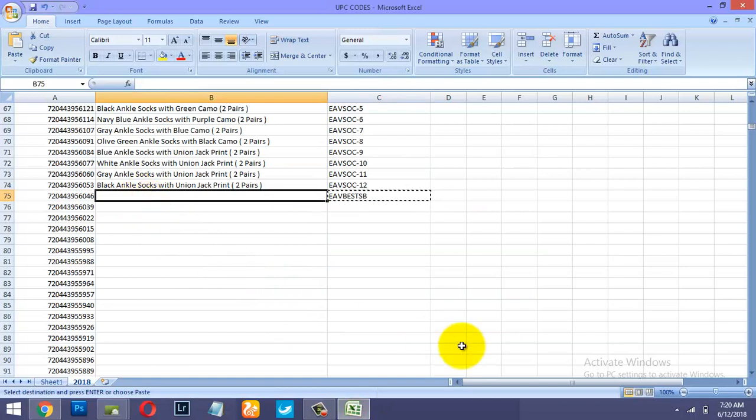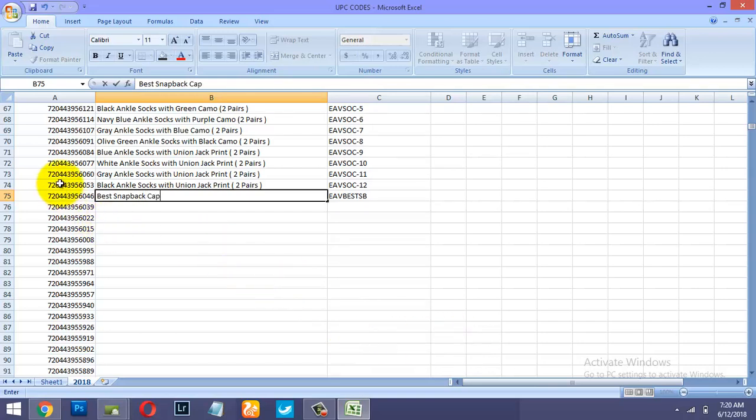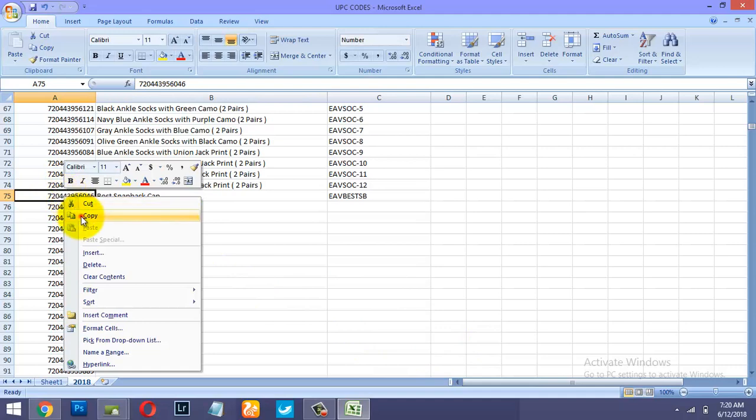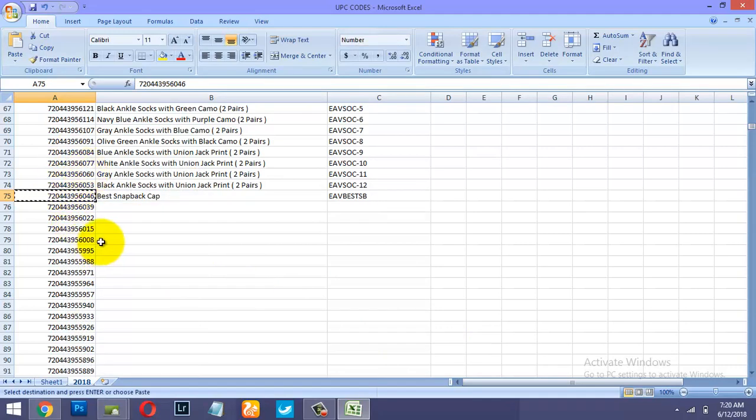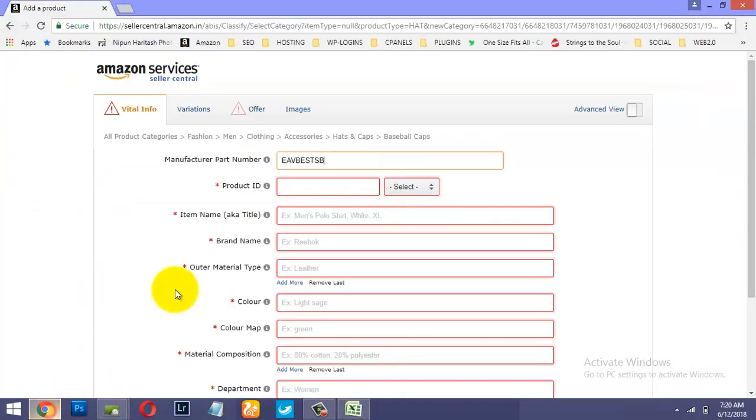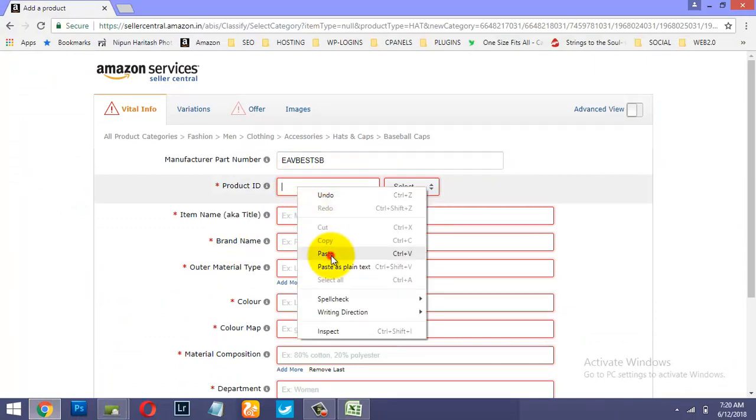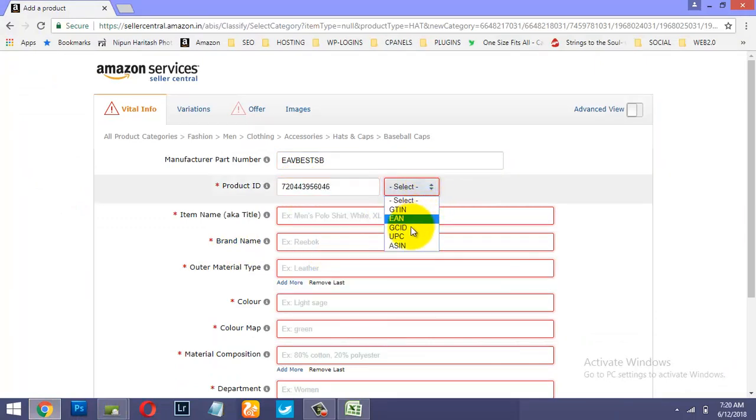So this is my best snapback cap. So I'll copy the UPC code. You'll need to get a list of UPC codes and select UPC from here,